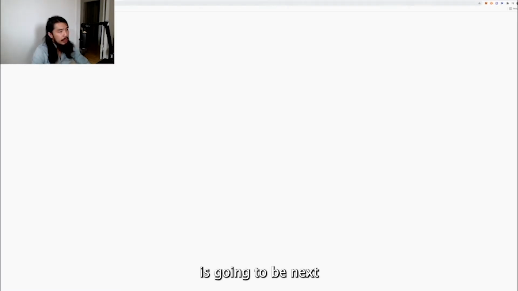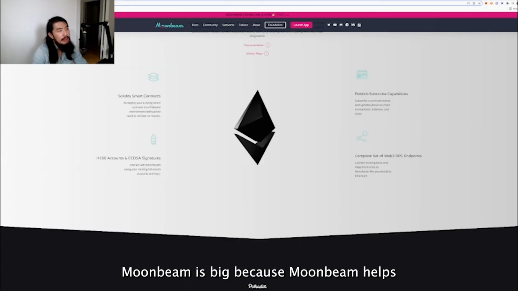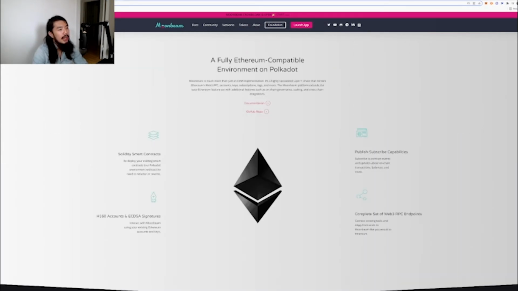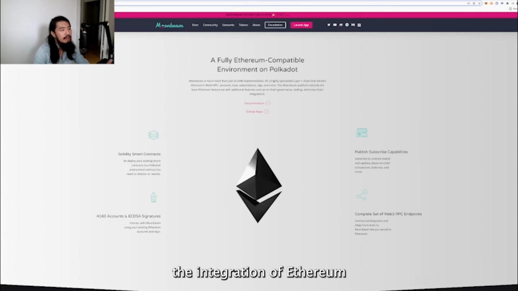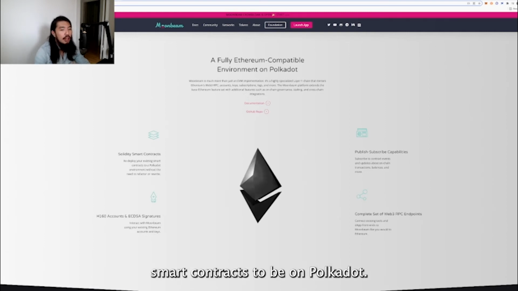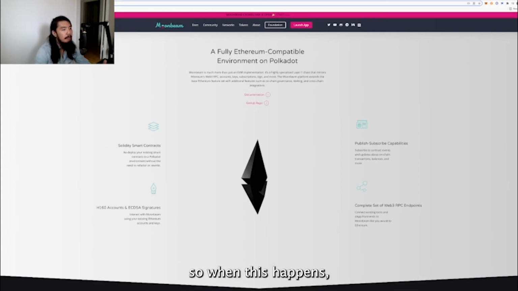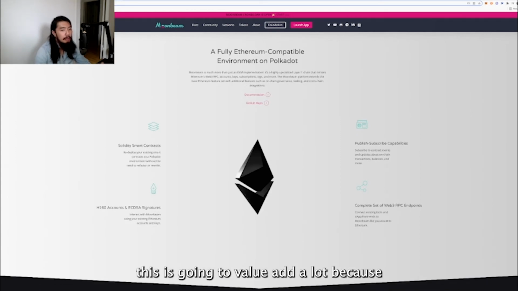Moonbeam is going to be the next one that I'm going to cover. Okay, so Moonbeam is big because Moonbeam essentially helps the integration of Ethereum into Polkadot. So it allows Ethereum compatible smart contracts to be on Polkadot. So we know that Ethereum is huge. So when this happens, this is going to add a lot of value, because a lot of